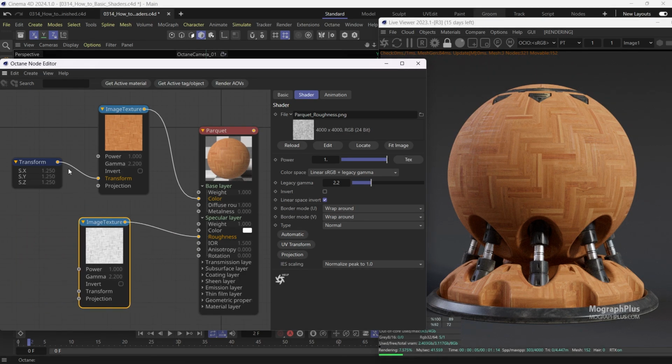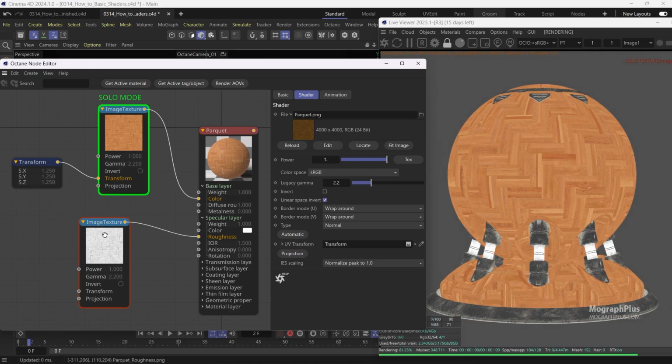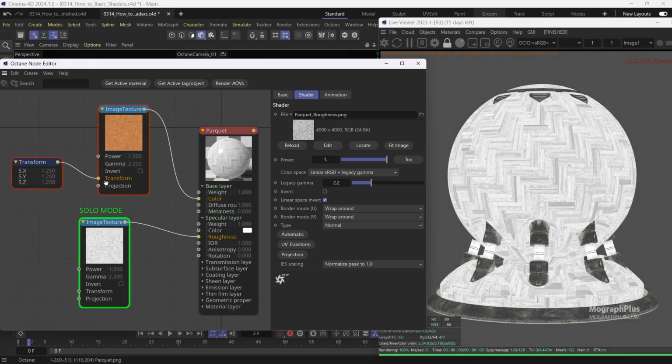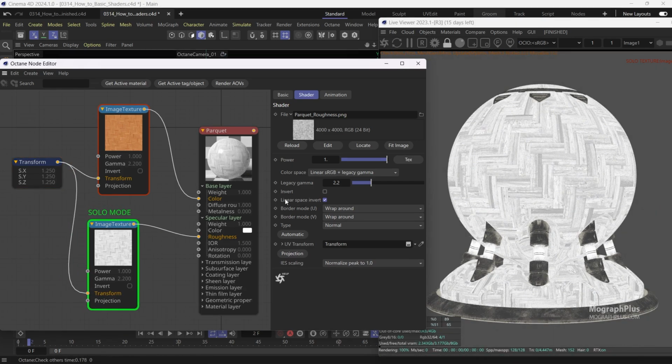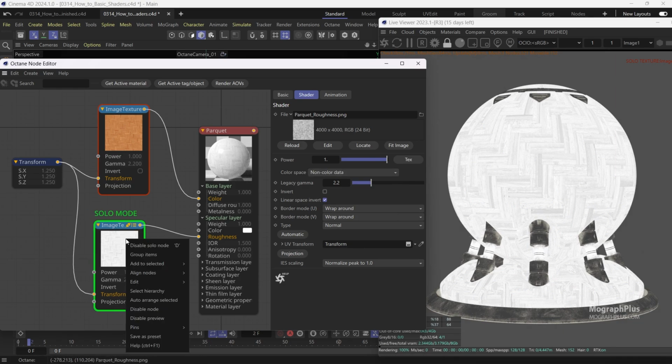Now use the existing transform node to control the transform input of this texture as well, because we want the texture placement on the surface to match. And the specular roughness map is obviously derived from the base color map. So I'm going to change the color space to non-color data, as this is a data input and we are in ACES. If I solo the roughness texture and take a look at the texture,